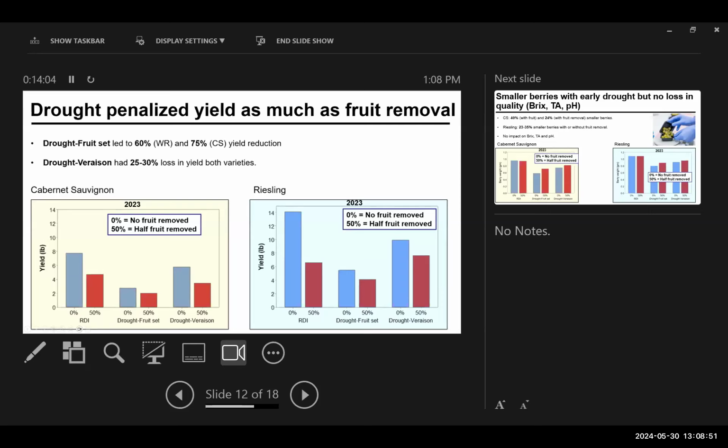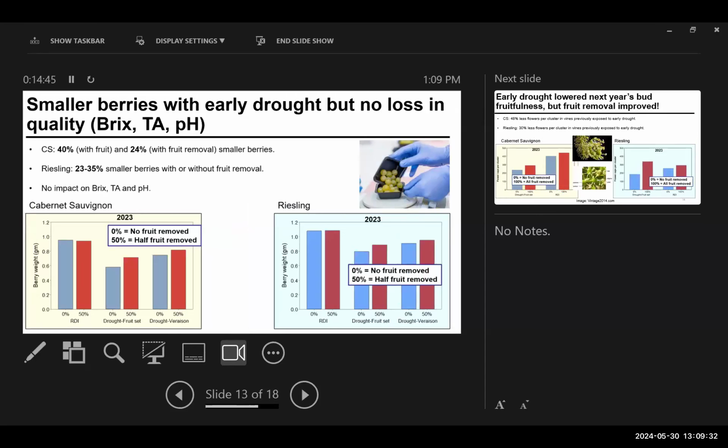And what I want to say here is, even though the level of water status was the same, the yield reduction in the late drought treatments was not as intense as in those vines that had gone through a long early drought. So there could be something there that can put a smile on our faces: if drought occurs later in the season, we can harvest some crop for that particular season. Then we had